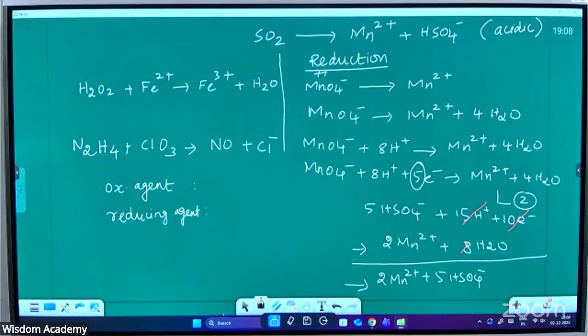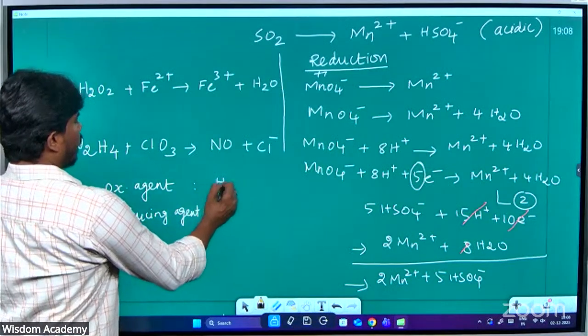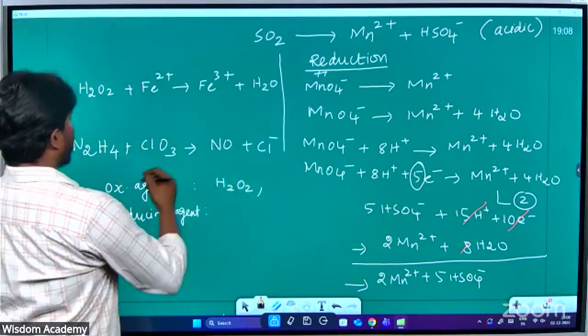Oxidizing agent for equation number 1, H2O2. For the second equation,